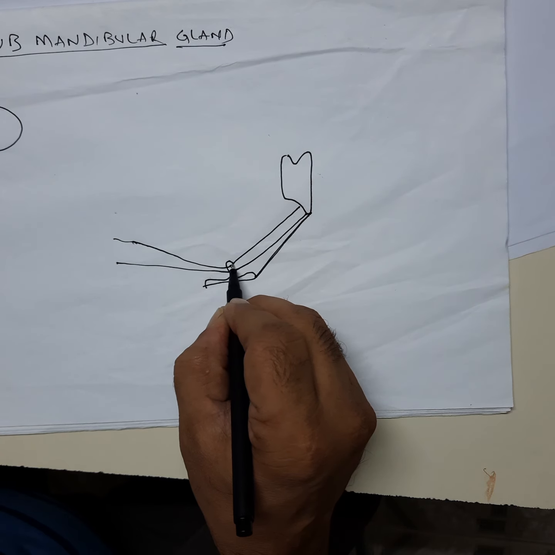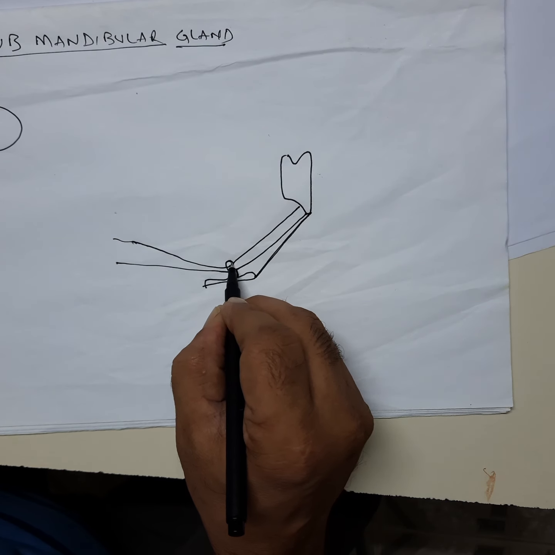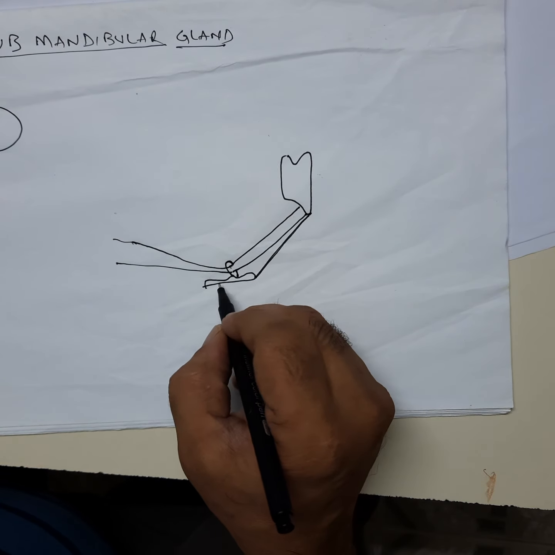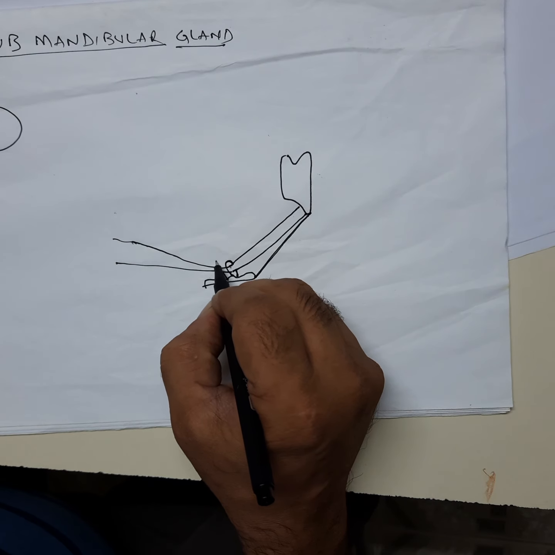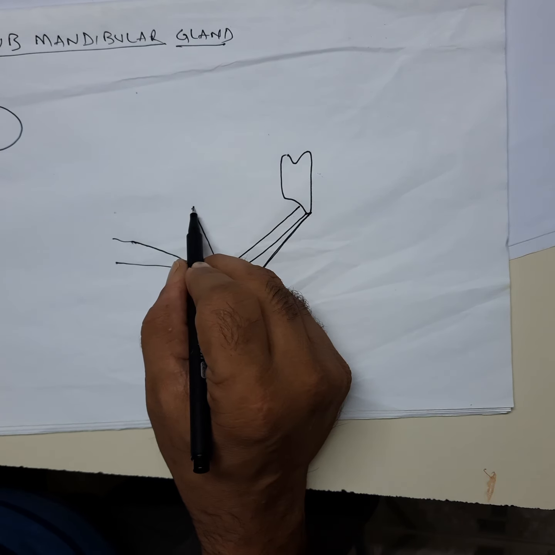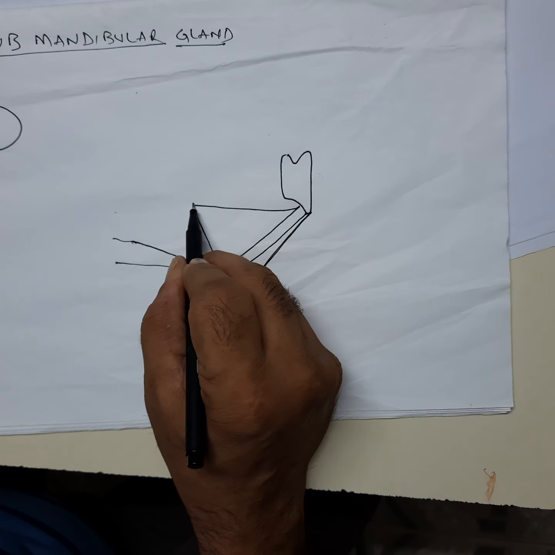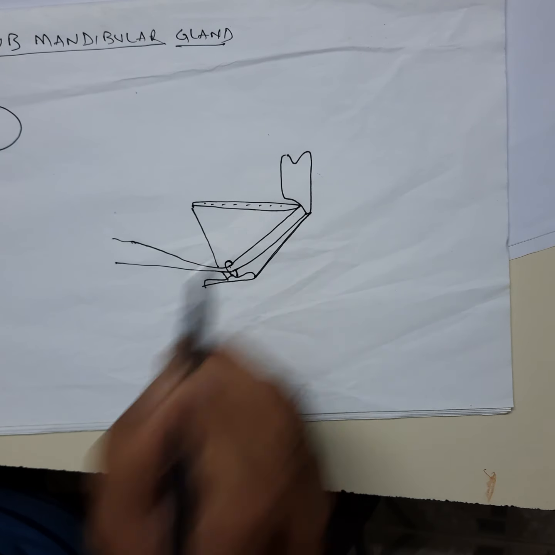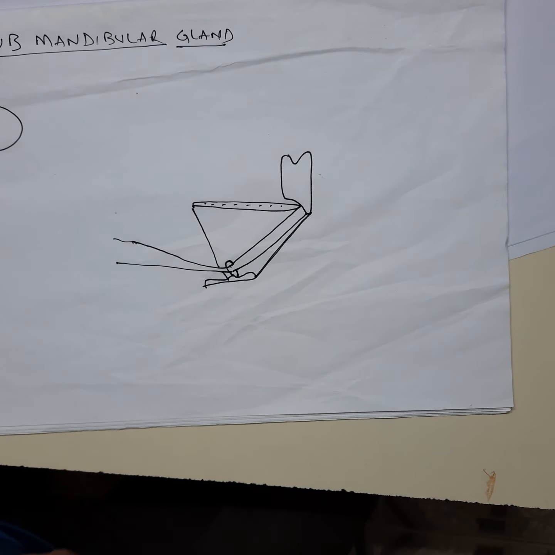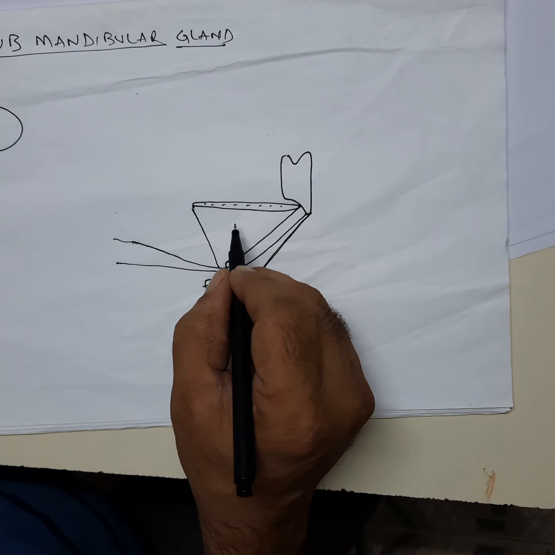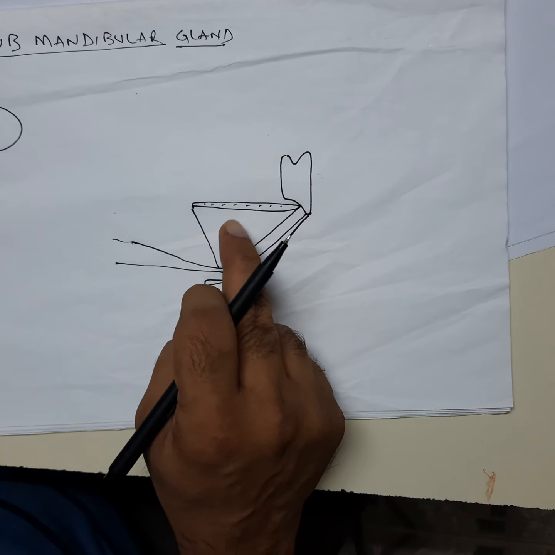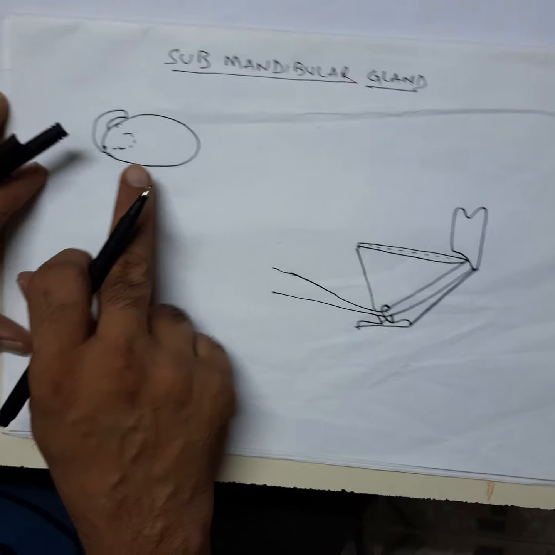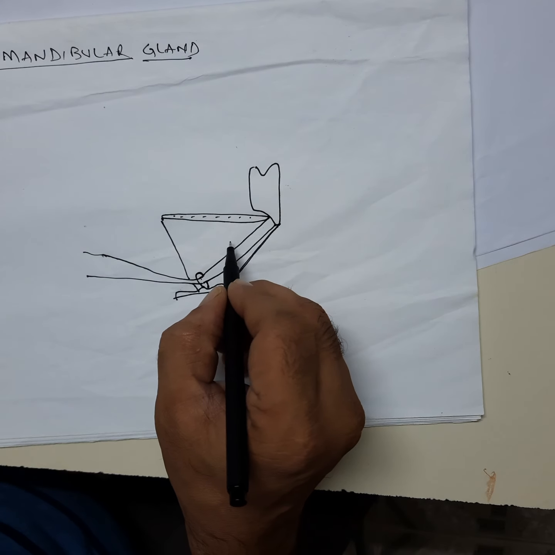The deep cervical fascia forms a sling over the intermediate tendon. This mylohyoid inserts onto the mylohyoid line on the mandible like this. So, this is the mylohyoid muscle and it is the top part of this. Our submandibular salivary gland lies on the lateral aspect of this mylohyoid muscle. Its shape is like this and it appears like this.